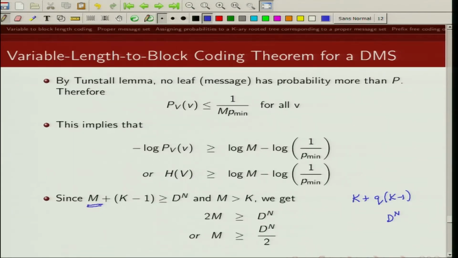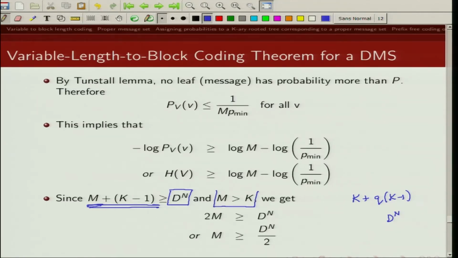So m plus k minus 1 has to be greater than D raised to power n, because if that's not the case, then we could have basically done a further extension of the Tunstall message set. So m plus k minus 1 is greater than or equal to D raised to power n,